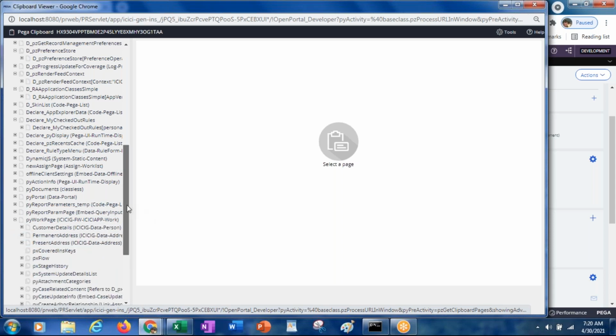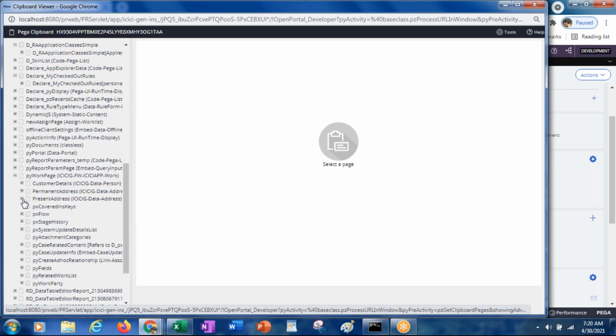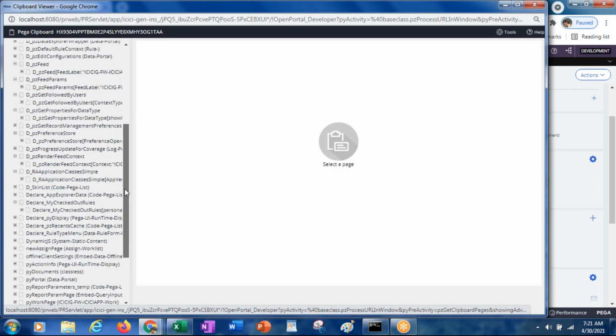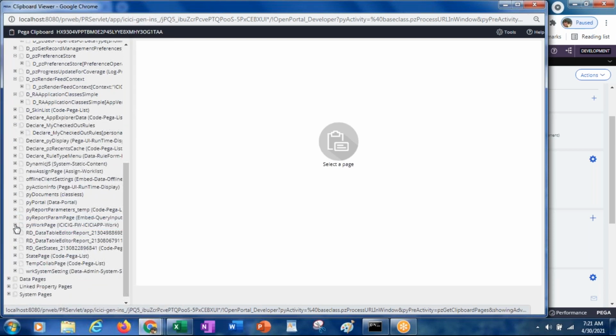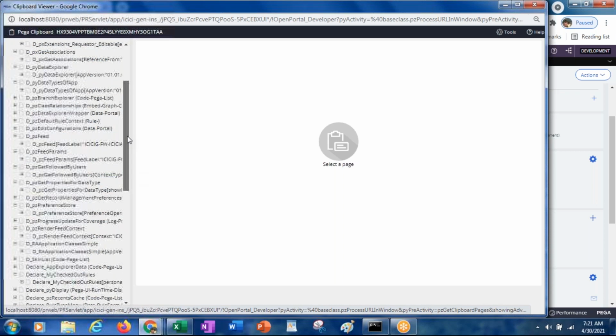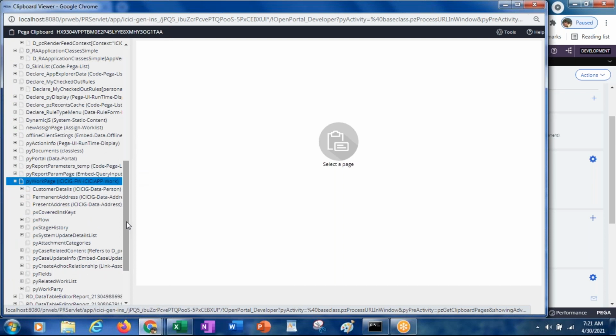Under the pyWorkPage, only the present address details we have stored into the present address page list property, whereas the pyWorkPage details will be directly under the pyWorkPage. So presently what will be under the pyWorkPage, and what will be under the present address and permanent address? pyWorkPage will have normal properties, direct properties.